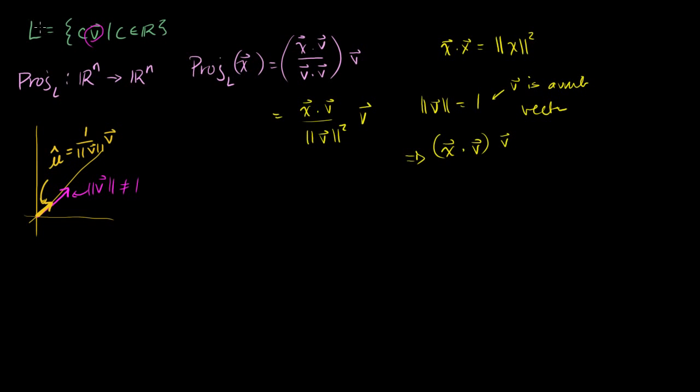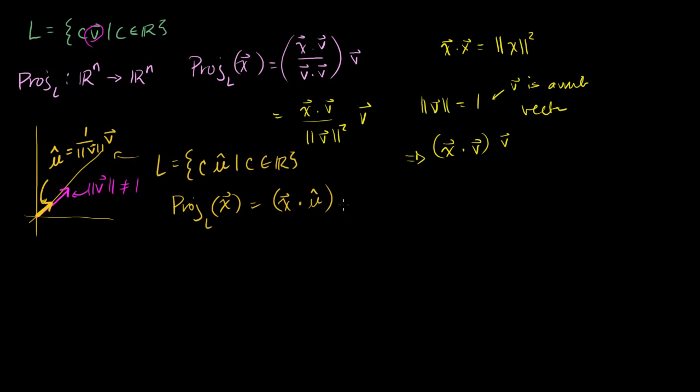So in general, we can always redefine the line. All of the possible scalar multiples of v are going to be the same thing as all of the scalar multiples of our unit vector u, which is just a scalar multiple of v. So we can redefine our line L as being equal to all of the possible scalar multiples of our unit vector, where the scalars are any members of the real numbers. Then our projection definition simplifies a good bit. The projection of x onto L then just becomes x dot our unit vector times the unit vector